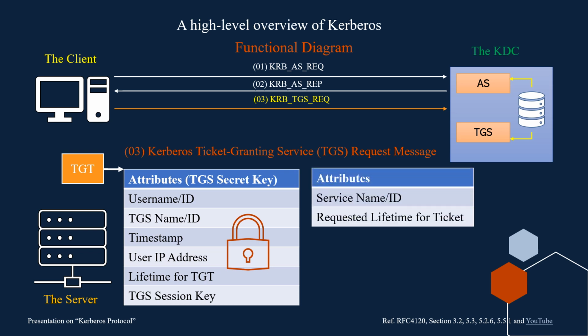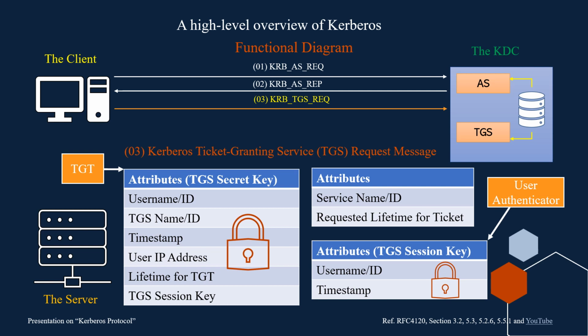One message includes the service name or ID and requested lifetime for the ticket, and this message is not encrypted with anything, so it's in plain text, and it will generate another message that is known as user authenticator. The user authenticator message consists of username or ID and timestamp. So when the client sends these to the TGS,